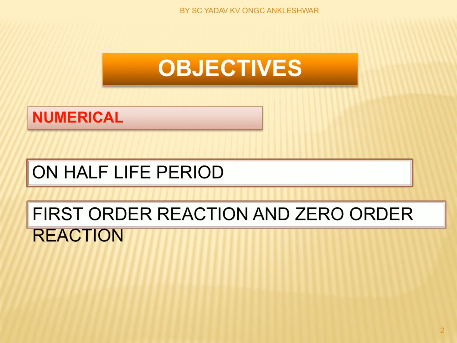First I would like to remind you what we learned in our previous session. We studied the rate constant for a zero order reaction. For a zero order reaction, the rate constant K is equal to the initial concentration minus the final concentration of the reactant, divided by time. So this is the expression for the rate constant: K is equal to initial concentration minus final concentration by time.